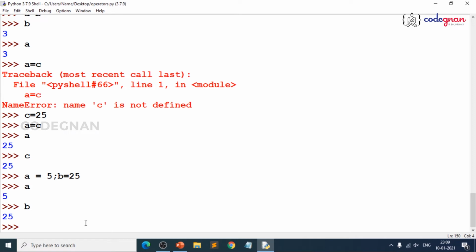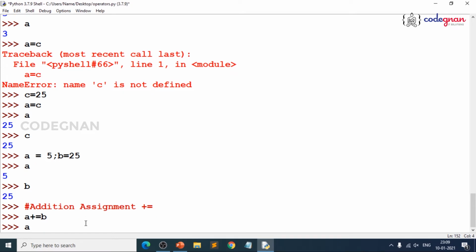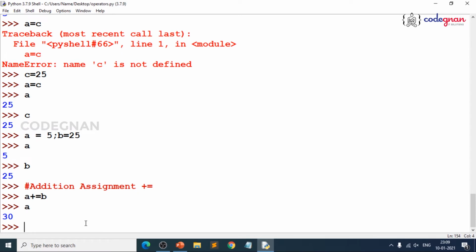This is very simple. There comes the next point, which is nothing but addition assignment. That means people generally use it in this way, like plus is equal to. What is this actually? Let me give you a simple example by taking the above variables. a plus is equal to b. Let me print the answer and explain it first. Okay, no print, but you print the variable a. Oh God, we got the answer as 30.